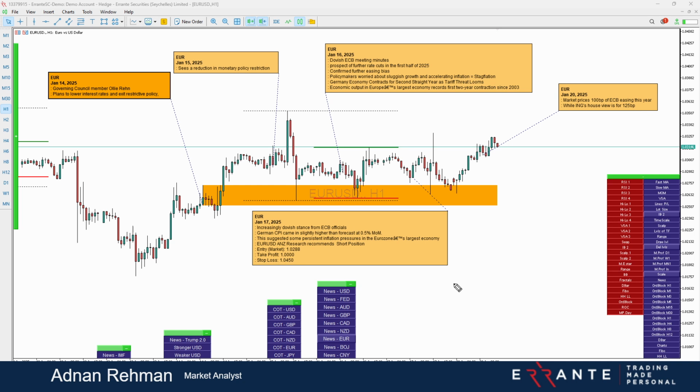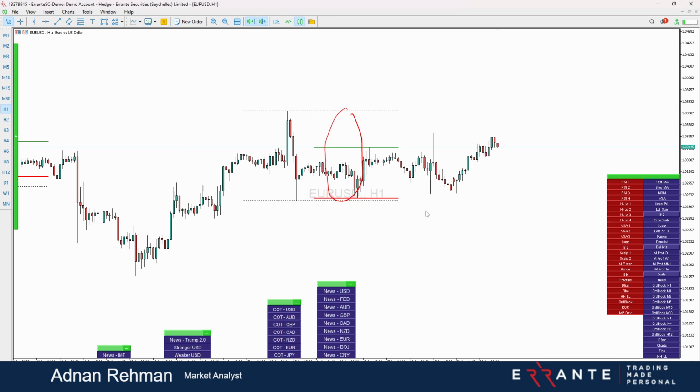So I've explained now that all of this movement over here was purely on a fundamental basis. And the second reason was this Trump 2.0, or you can say the tariff plan. So this was the reason why we have seen this movement over here. Now, if we talk about the CFTC report, what do we have over there? Let me show you. In terms of CFTC,